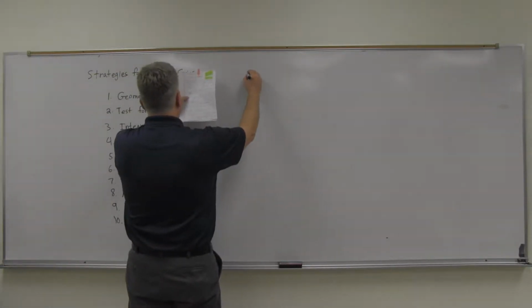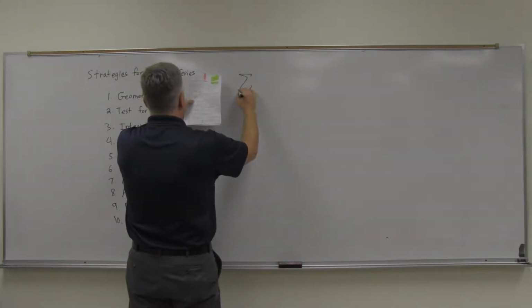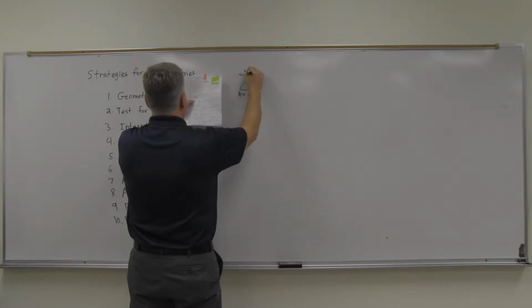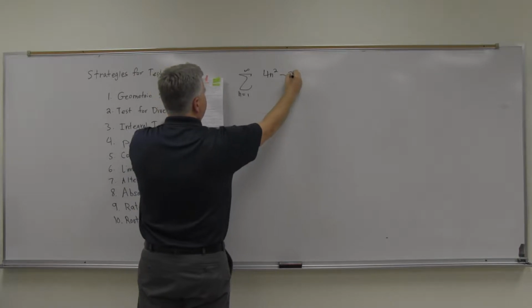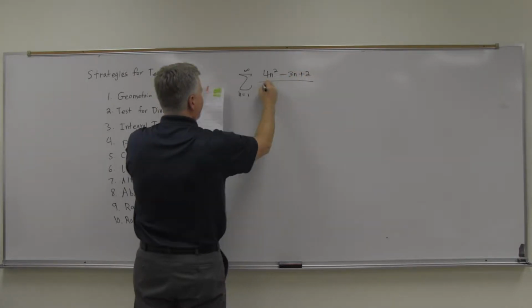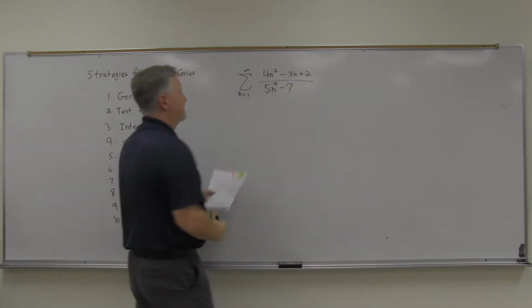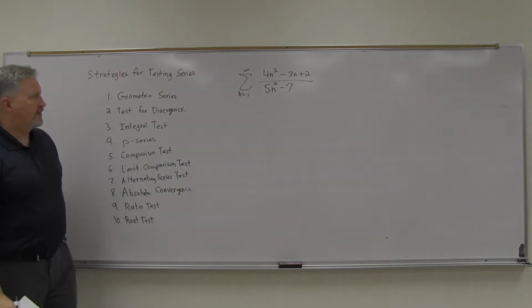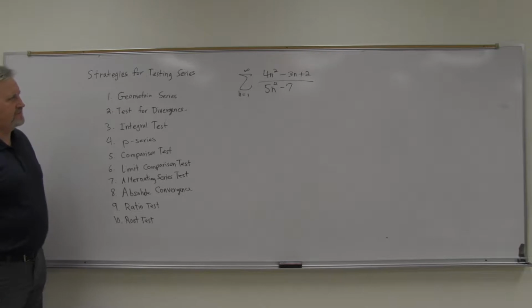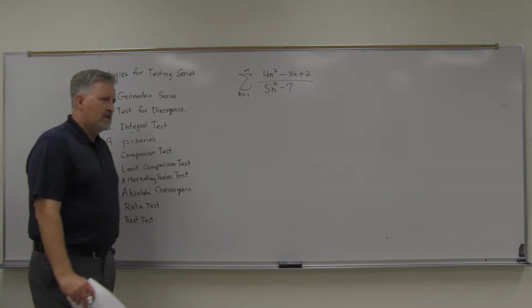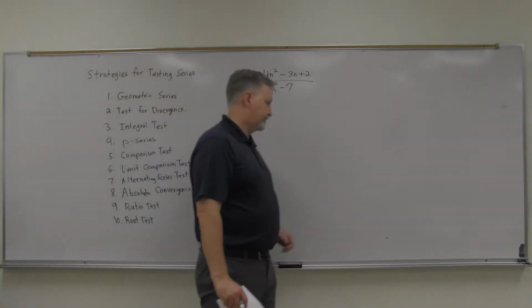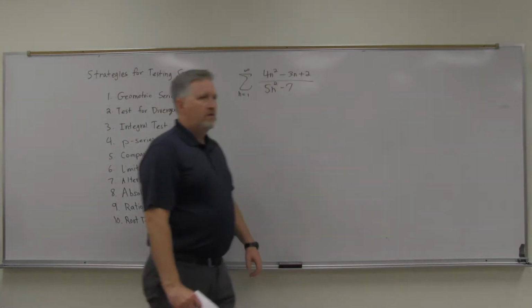What about this series? The sum from n equals 1 to infinity. I'll put that down on my paper. So, (4n squared minus 3n plus 2) on top, (5n squared minus 7) in the denominator. All right. Another thing we